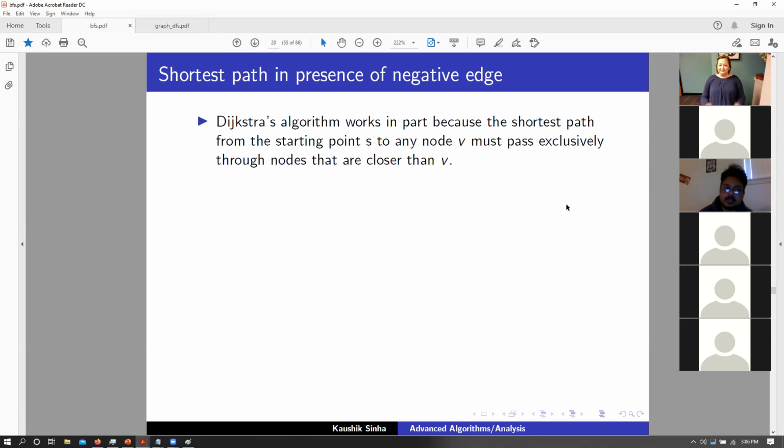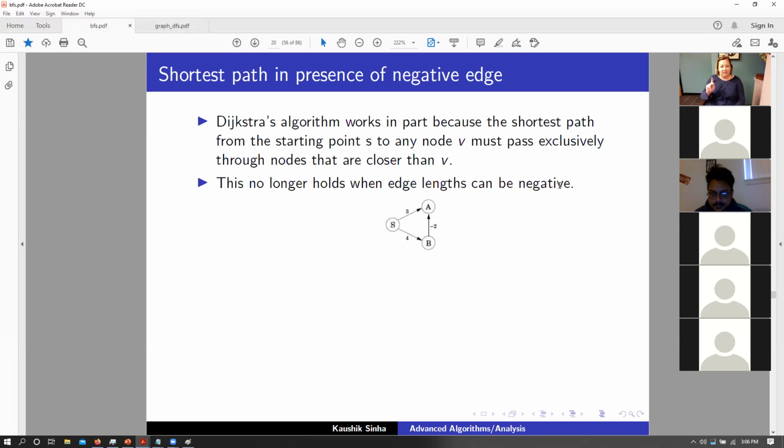We talked about graphs that have different edge weights, and how we can use Dijkstra's algorithm to find the shortest path in that particular graph with respect to those distances. Now, let's talk about this weird case. Up to now we were talking about positive edge weights, but we can also theoretically have negative edge weights, right? So in this example, let's say we have an edge from S to A that is of weight 3, S to B that has a weight 4, and B to A that has a weight of -2.